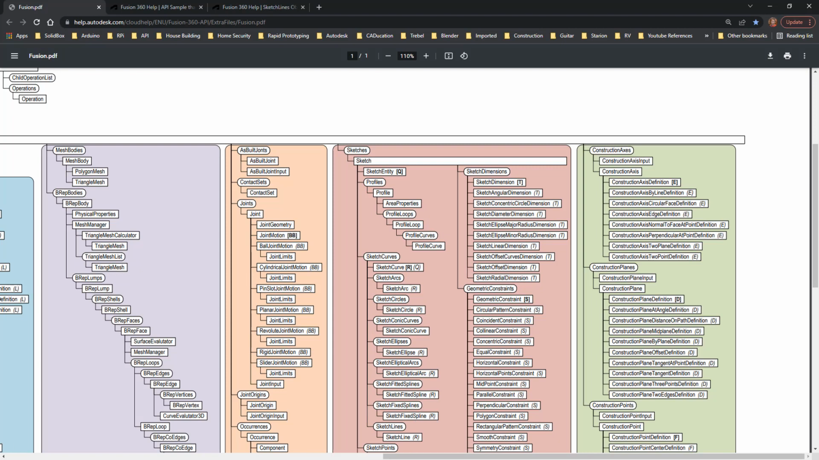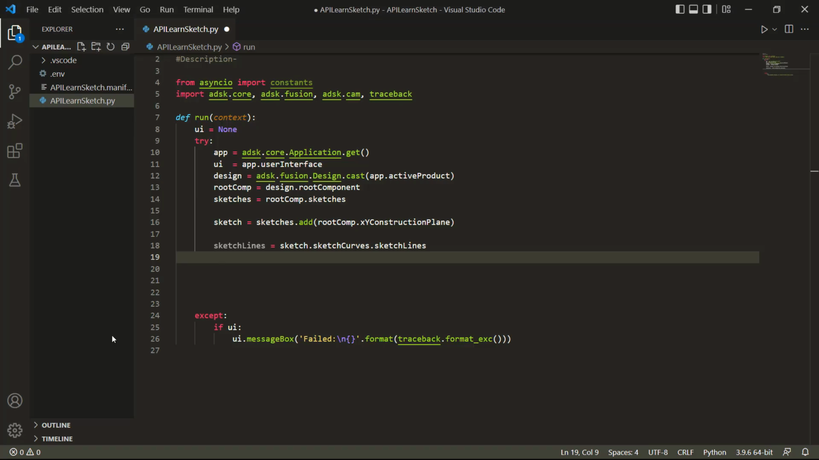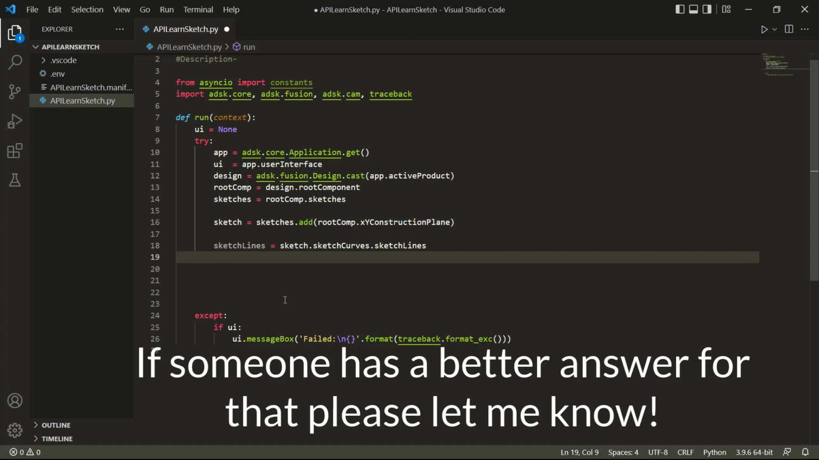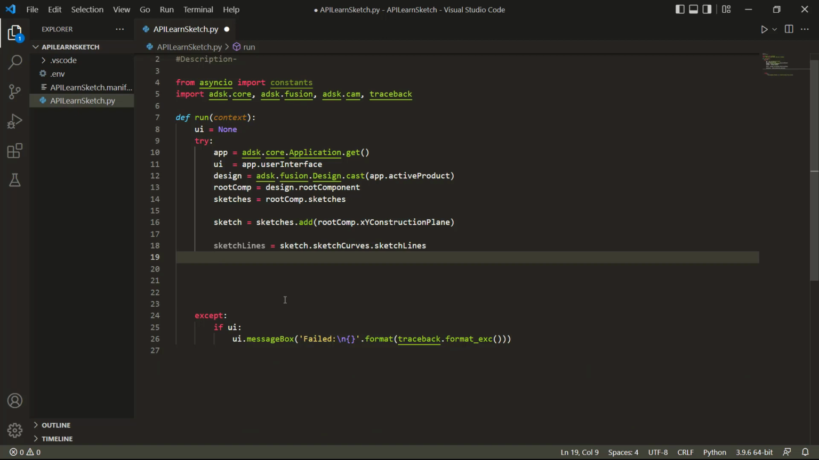So back in our code, back in our program, again, doing it this way means that we don't really have those helpful little things pop up. Part of that is based on the programming interface and the way in which we're accessing different objects. Now, I'm going to show you another way in a little bit where it will help us along with that. But for right now, let's just stick to this. So we've got our sketch lines, which is equal to